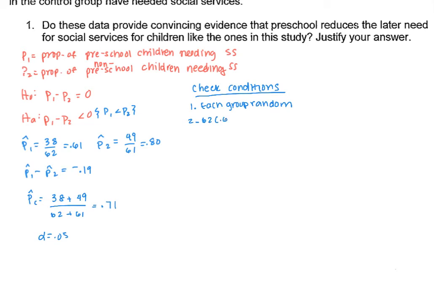62 times 0.61 is greater than or equal to 10. 62 times 0.39 is greater than or equal to 10. 61 times 0.8 is greater than or equal to 10, and 61 times 0.2 is greater than or equal to 10. Now, if you think about the 10% rule, that means that your samples would be independent, but what you